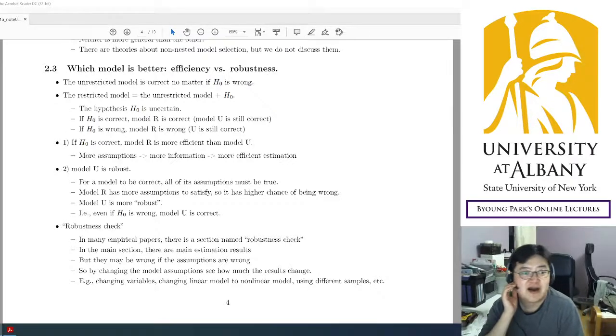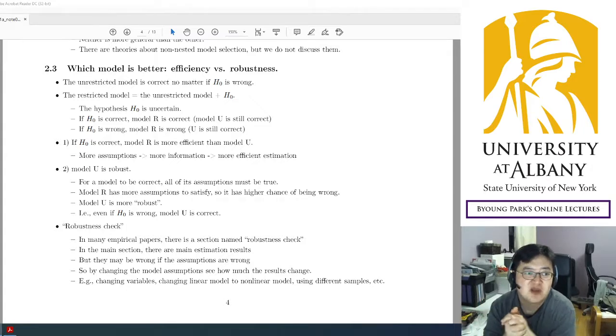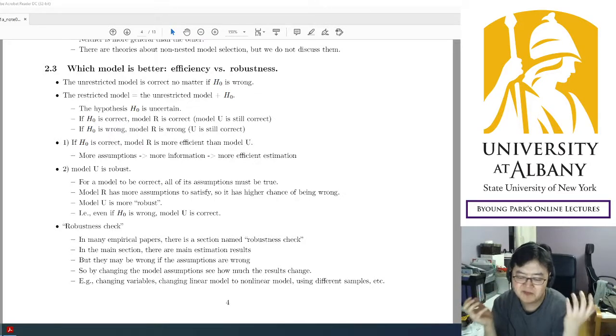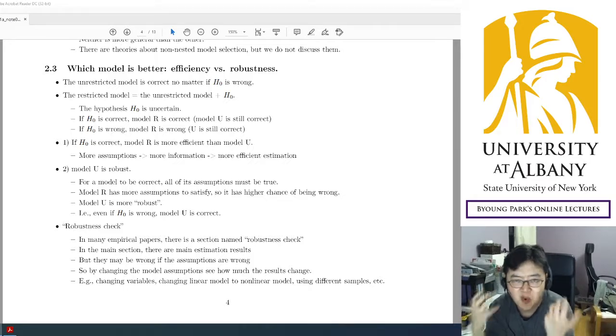And I have been introducing you to hypothesis testing and related frameworks. And here is another important intuition you have to have. So now we are comparing two models, restricted model and unrestricted model. The restricted model is nested by the unrestricted model. So we are comparing two models and one has strictly more assumptions; the restricted model has more assumptions than the other. Then when we compare these two,